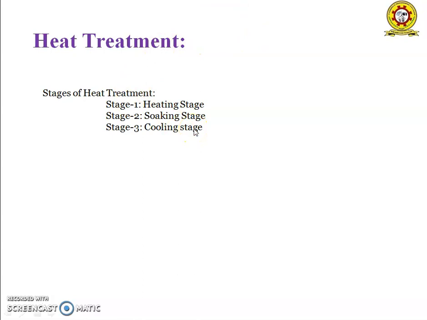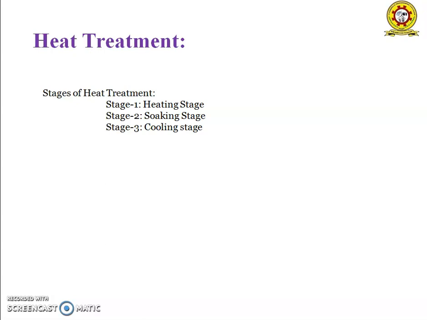In soaking stage, the objective is to hold the metal at the proper temperature until the desired internal structure changes take place. Soaking period is the term for the time the metal is held at a proper temperature. The chemical analysis of the metal and the mass of the part will determine the appropriate soaking period. And the third stage is cooling stage. In cooling stage, the objective is self-explanatory, but there are different processes to return a metal to room temperature depending upon the type of the metal.